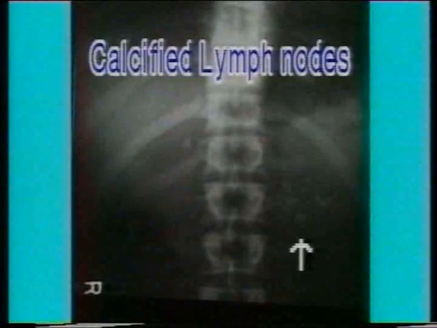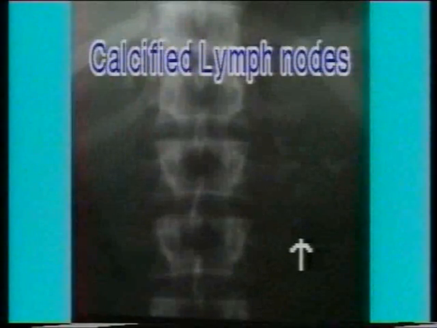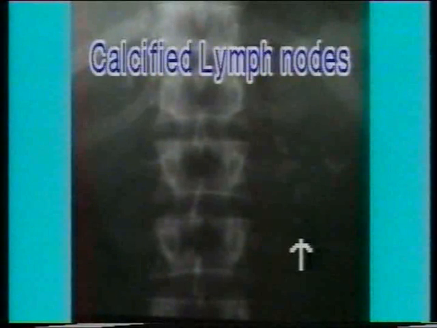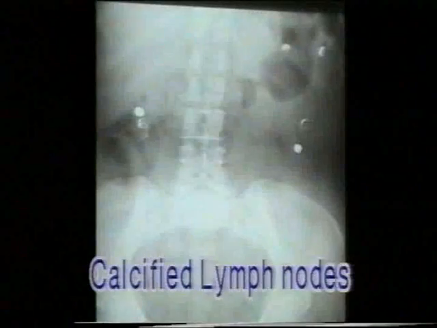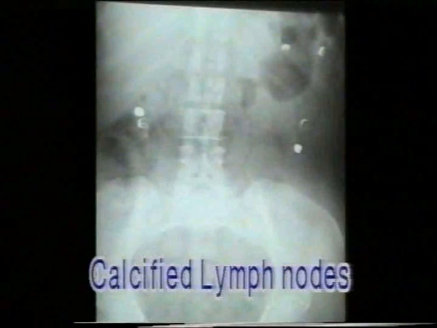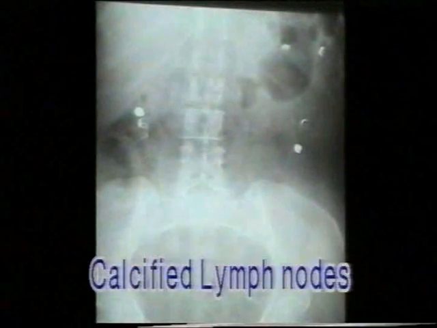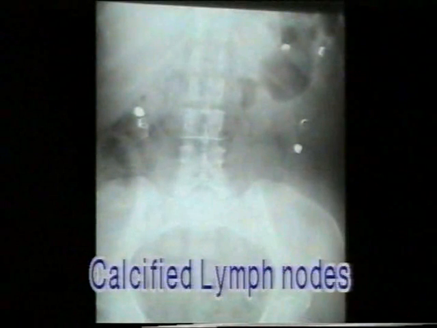Note these calcified shadows in the abdomen. They are very unevenly calcified. They are calcified lymph nodes. Calcification is common in mesenteric lymph nodes. Less commonly, it may be seen in retroperitoneal lymph nodes. Sometimes the lymph node calcification may be very dense. Note the irregular distribution of the calcifications and, in a close-up view, the uneven pattern of calcification.